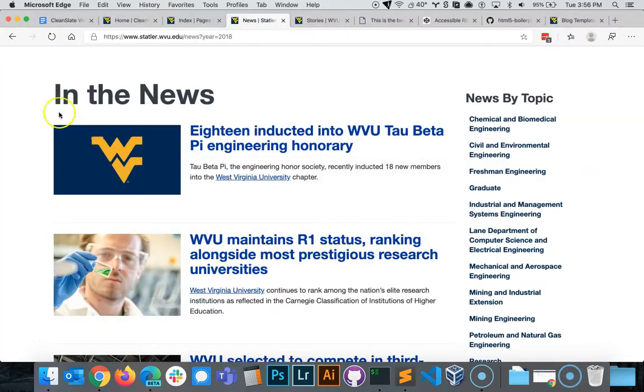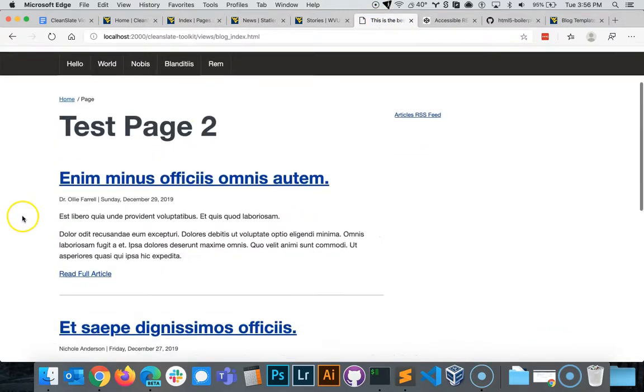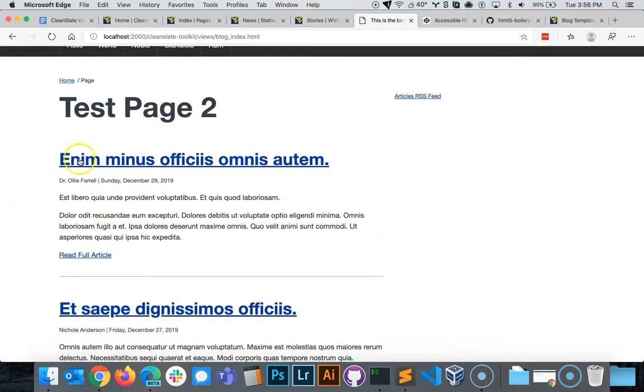For example, the Statler blog has both a thumbnail image, a blog post title, and a short excerpt about what the blog post is about. On our Clean Slate Toolkits blog, we are outputting a little bit different content. We have the blog post title, the author, date, and the first 2 paragraphs right here.